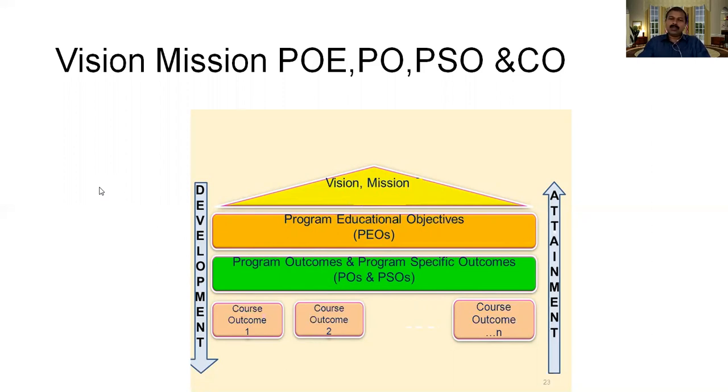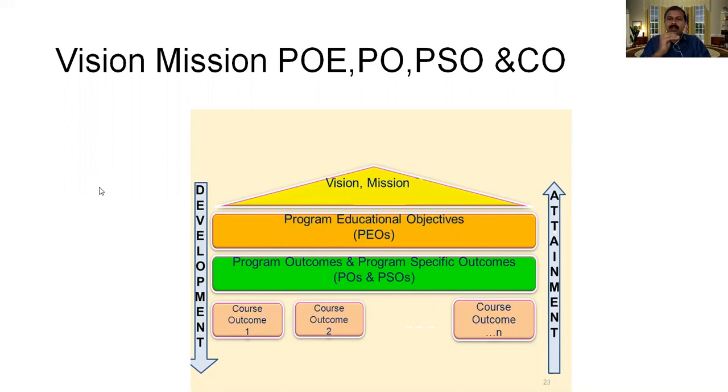And how do we achieve this? We train our students, we teach our students, and we send them to society, and they are actually performing in society. And when they work for the society and organizations, through their work, through their deeds, we are actually achieving the mission and vision statement. So below the mission and vision statements in the OBE framework, we have the program educational objectives. So with the program educational objectives, we are actually giving concrete, tangible definitions for our mission and vision statement.